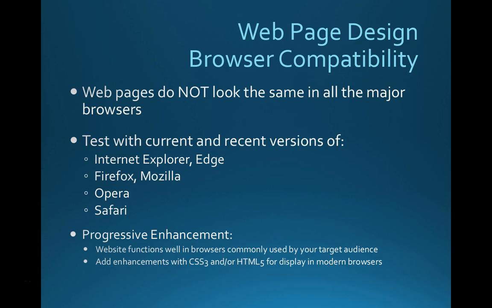For example, your target perhaps may be the retired group, right? 65 or 67 and older, that is your target audience. So typically that target audience may perhaps have a limited income. They're not going to be buying new computers every couple of years like perhaps you and I might be, right? Perhaps they're not going to be updating their computer as often as we think we should, right? Windows Update does it automatically, okay? So perhaps they have an older computer, an older browser, which means if you're coding and